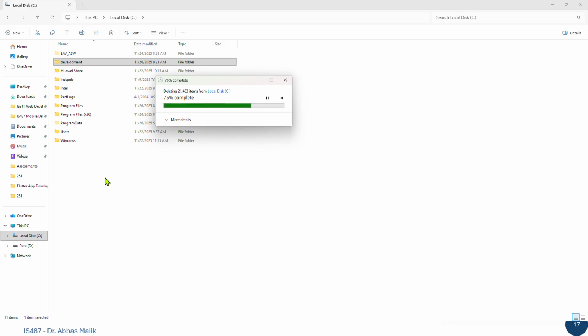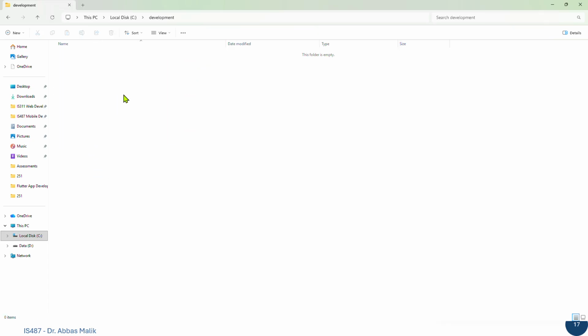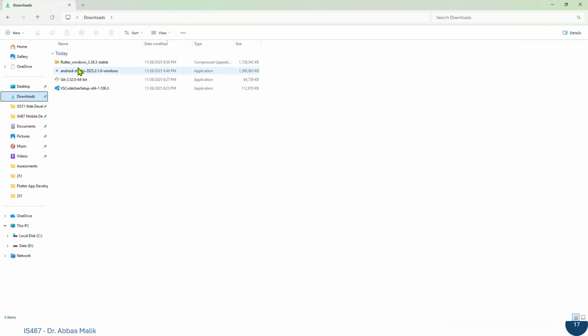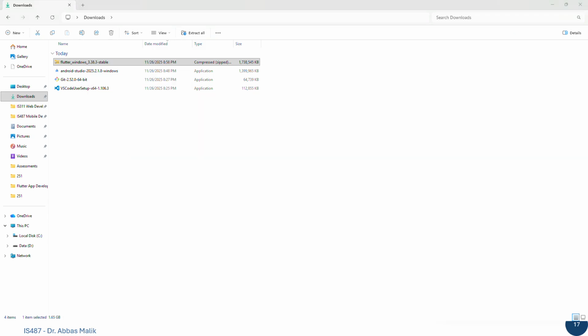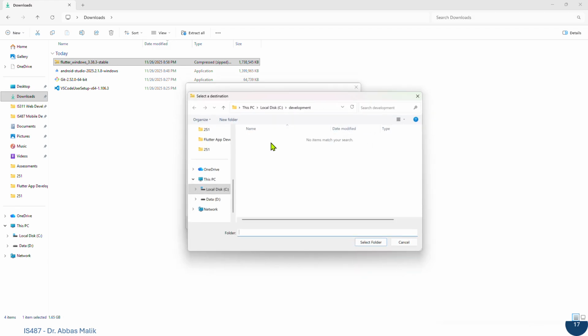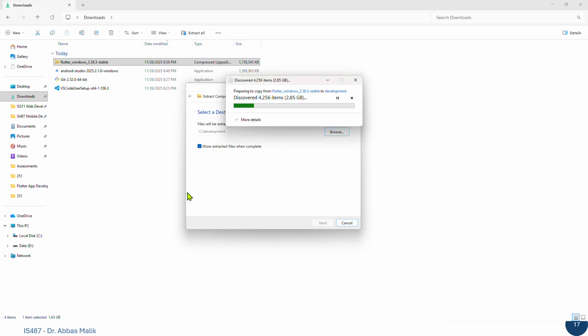All done. So we will just create a new folder here, give it the name development, and then inside the development folder we are going to unzip the Flutter tools. So we will say extract, then I want to browse, go to C, and inside development select this folder, and then start extracting. While it is extracting everything into C colon slash development,